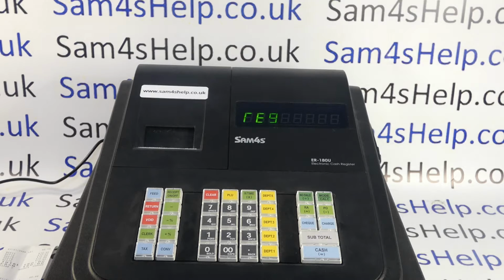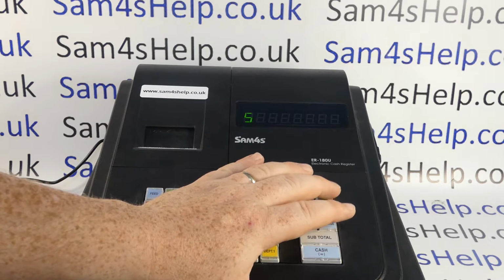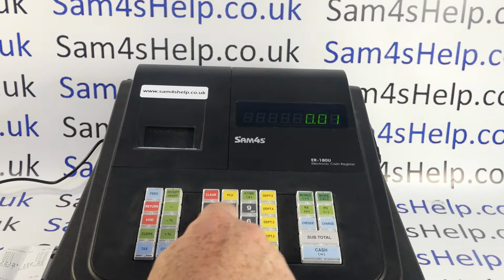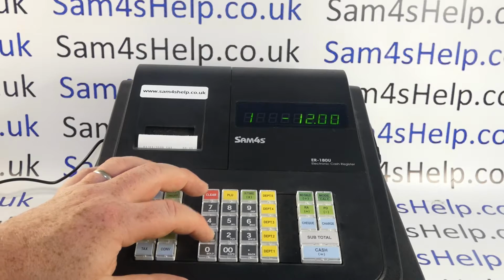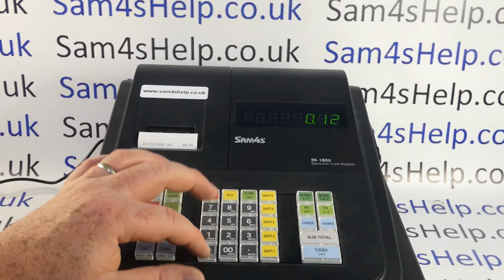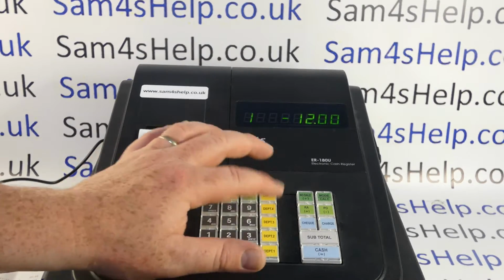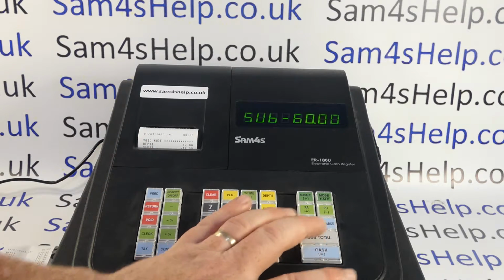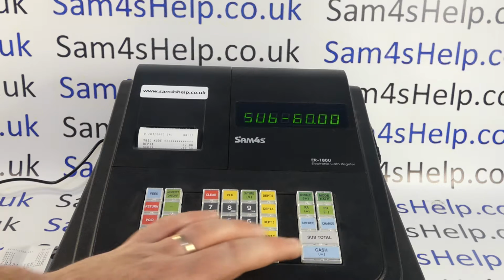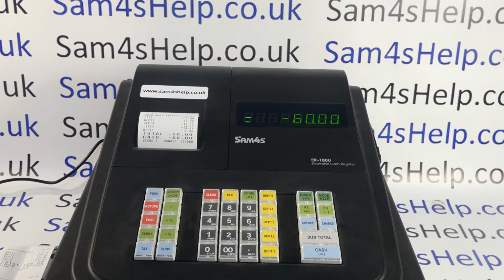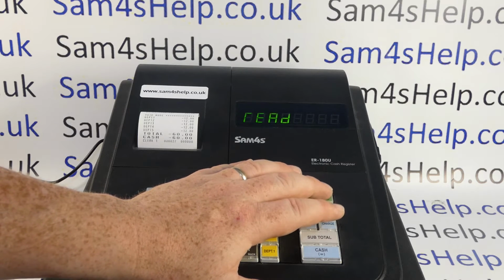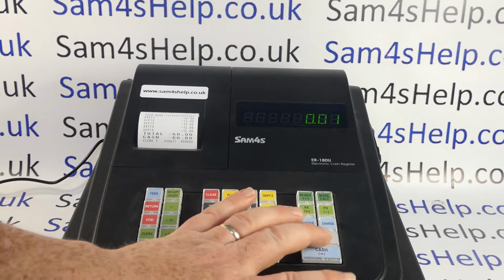Then let's do some voids, so let's go to the void mode. Let's keep the same figures, so we'll void essentially one of those transactions. When you're in the void mode, it's basically just like a negative sales position. So we've done a £60 cash void, so that's essentially voided the first sale. And if we now have a look at what that's done to the X report, because remember we haven't reset the data,